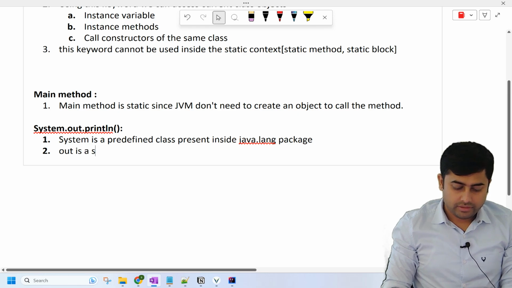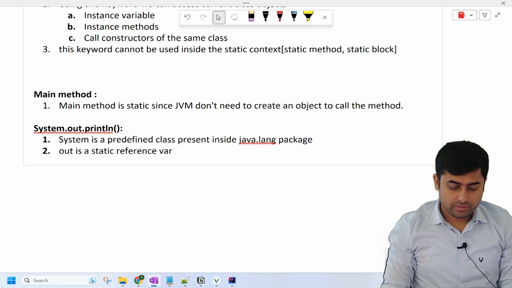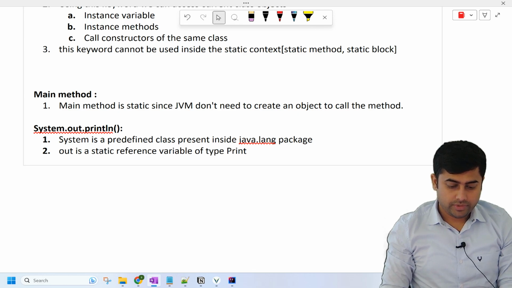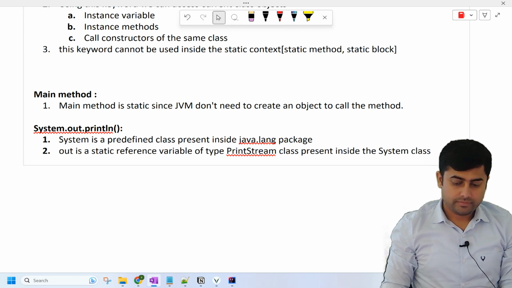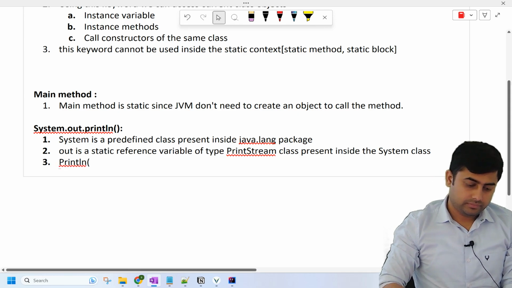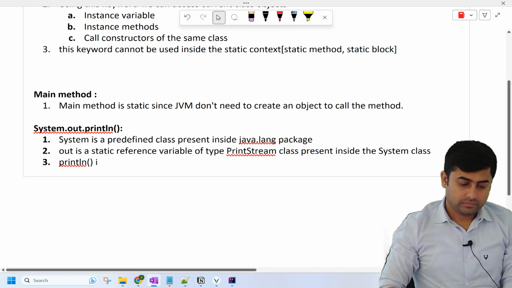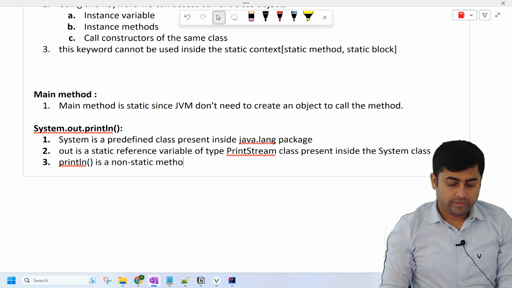Out is a static reference variable of type PrintStream class present inside the System class, right? And then println is a non-static method present inside the